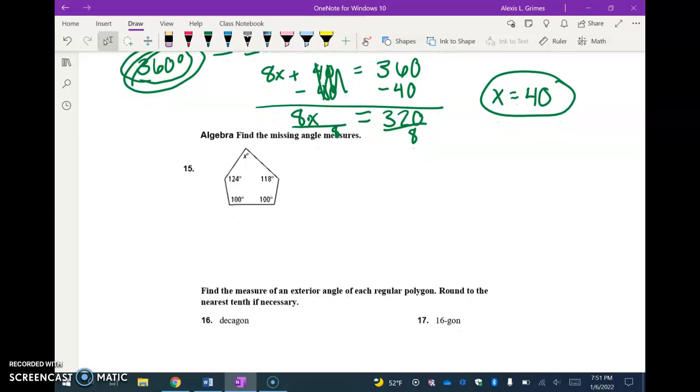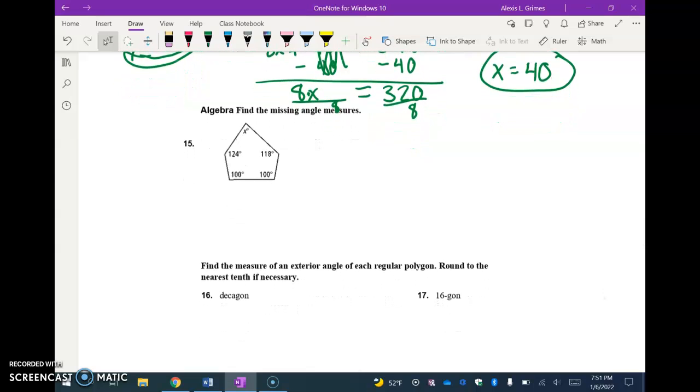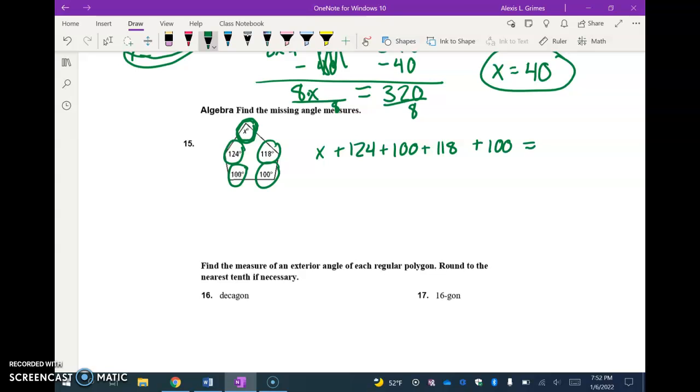Find the missing angle measure. This one, a lot of people did figure out. If you're confused, we did have some people that were just completely thrown off. We know all of the angles except for this one. And we know how to find all of them together, right? So x plus 124 plus 100 plus 118 plus another 100 equals